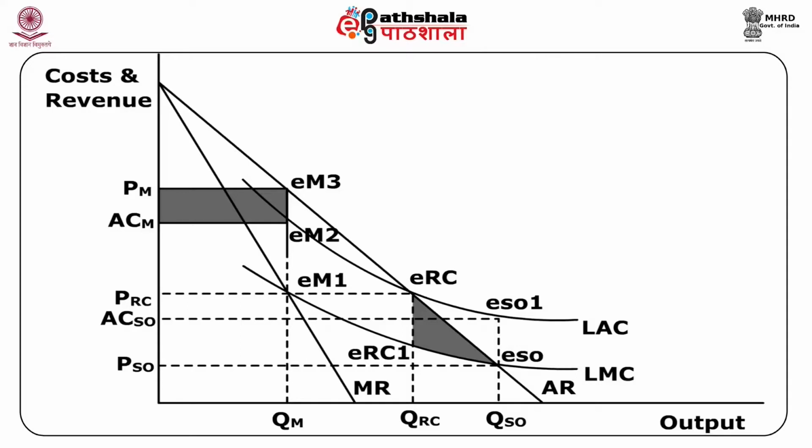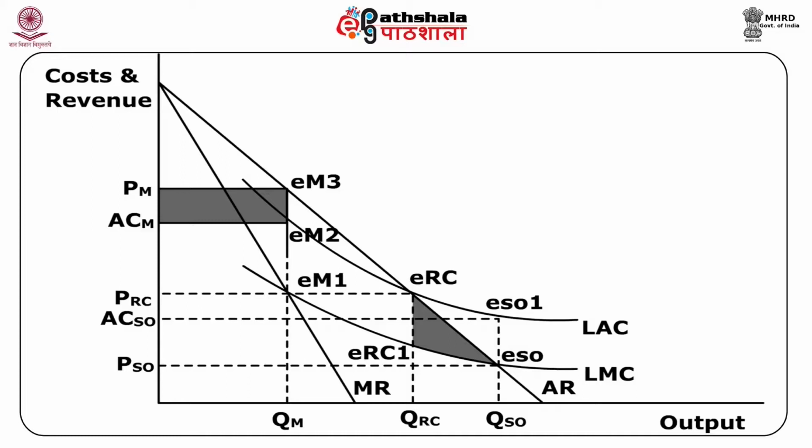However, the price PRC is still greater than the marginal cost of producing this level of output. Hence, even this level of output leads to a welfare loss to society equal to the triangular region ERC, ERC1, ESO. The socially optimum output is where P is equal to MC, or QS0. But at this level of output, the average cost of production, that is ACS0, exceeds the price per unit being charged,